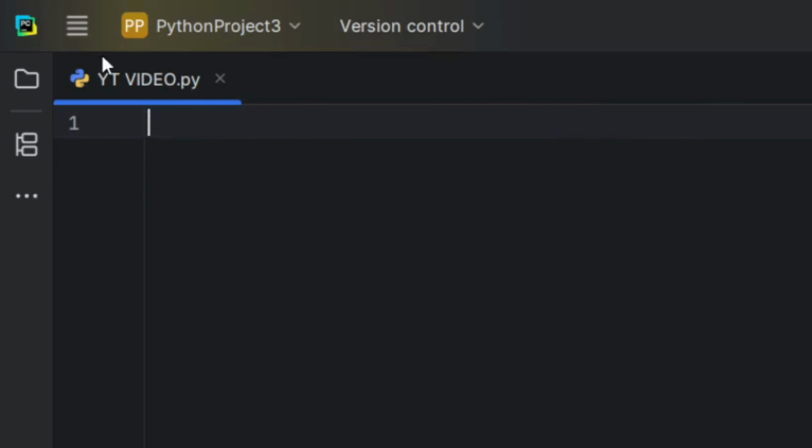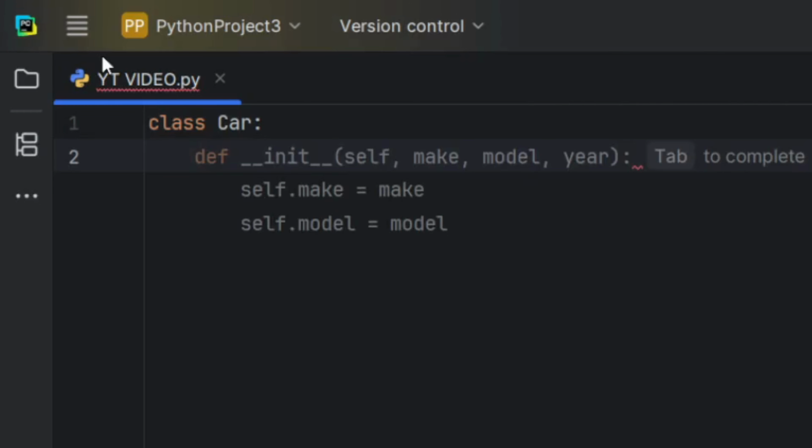So to code any OOPS in Python, you first need to start with your class. We'll be taking the car example which we talked about. We'll take the class and name it Car. Now we're going to initialize the features of a car. So def __init__. Init stands for initialize.